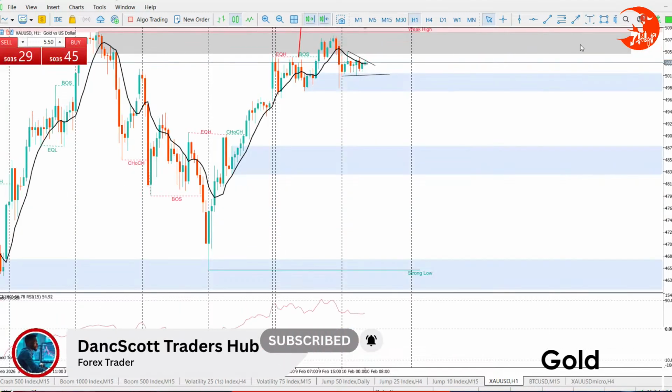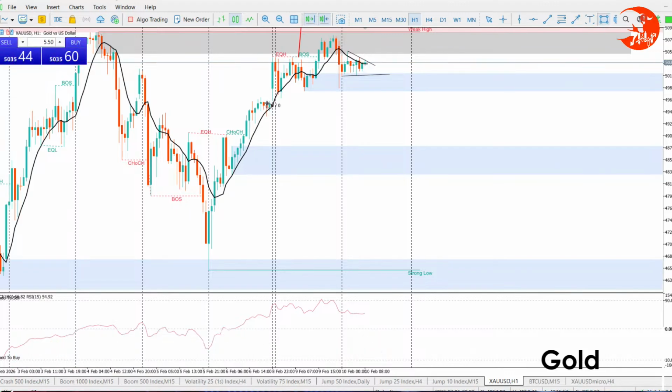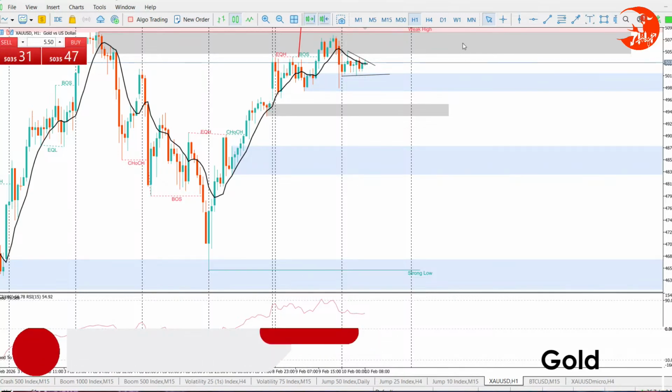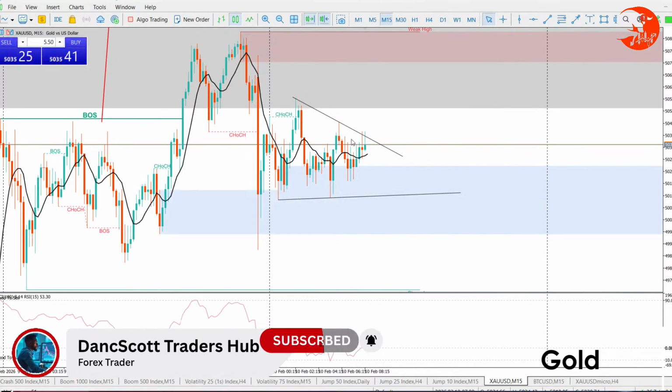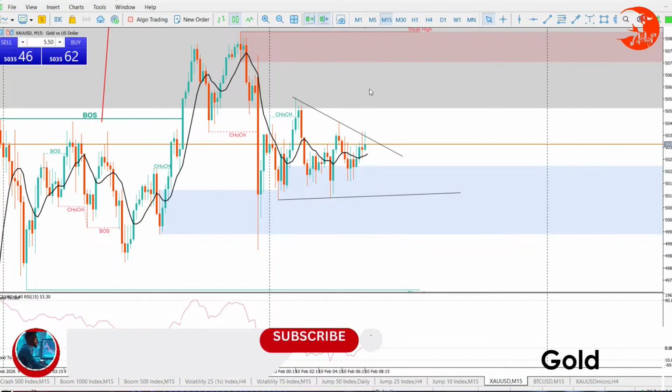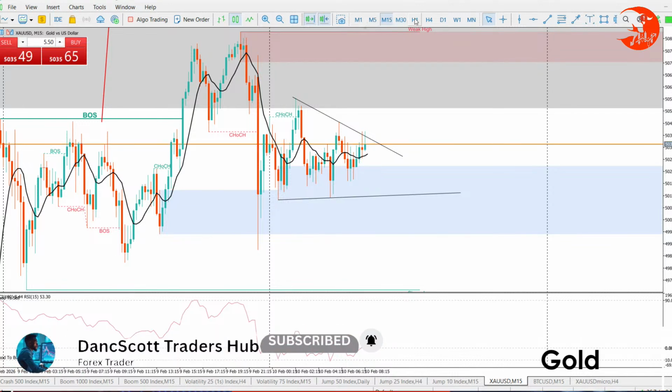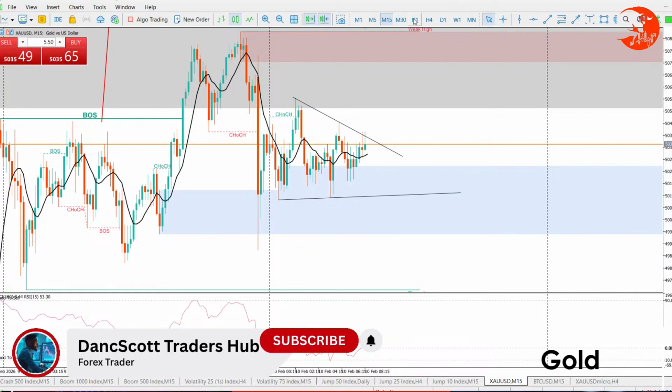I don't normally follow H1. It's what I'm only seeing right there, but it doesn't make sense. That's why I'm not going to focus on this. But the structure says we are selling. We are going to sell. That is what the structure says. And if the structure says that, then there's no reason not to follow it.